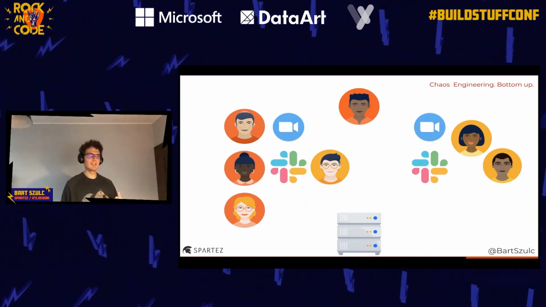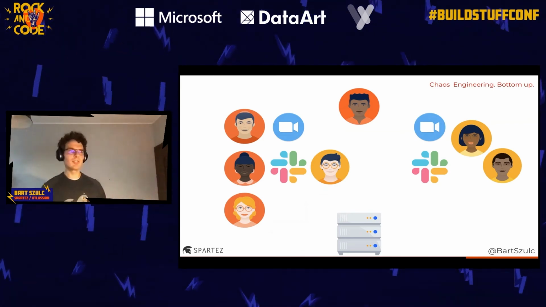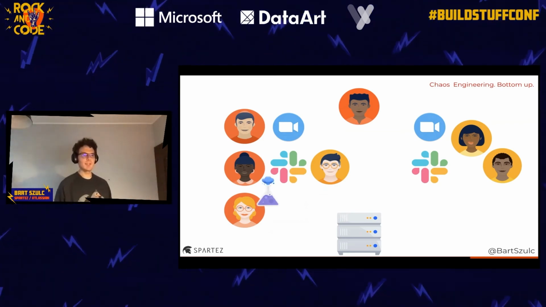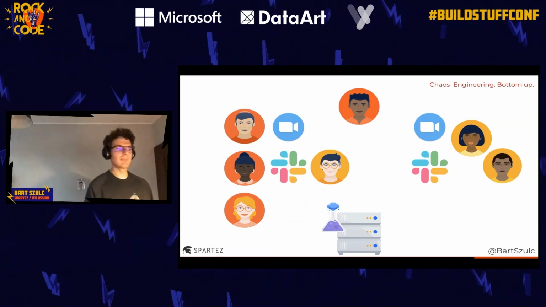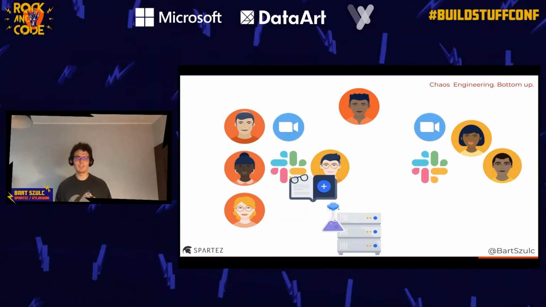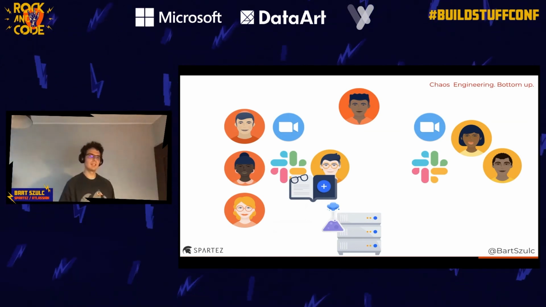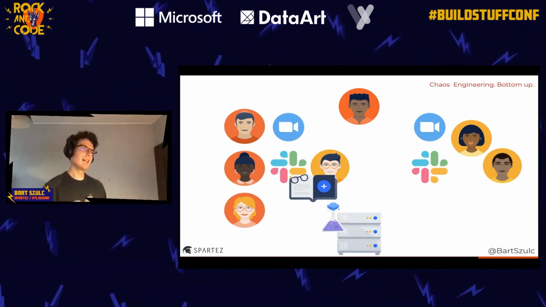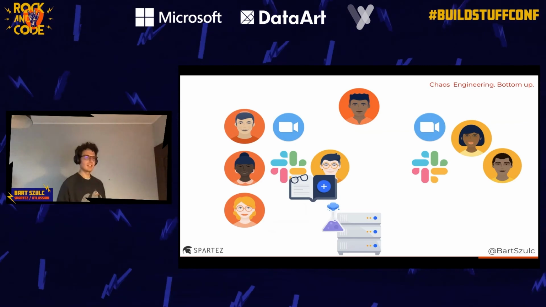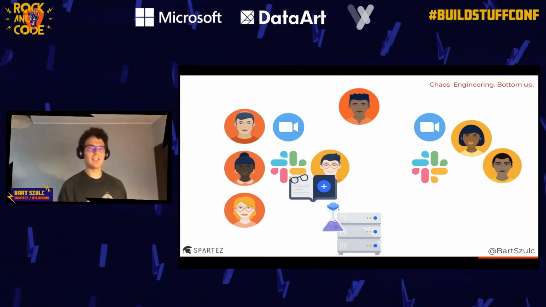The red team is on the Zoom channel for the whole duration, and they are experimenting with the system. The yellow team is taking notes whenever something happens. Of course, it's very important for the red team to say out loud what they are about to do. If there are any comments, they end up on the Slack channel.